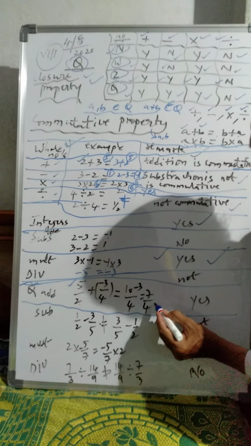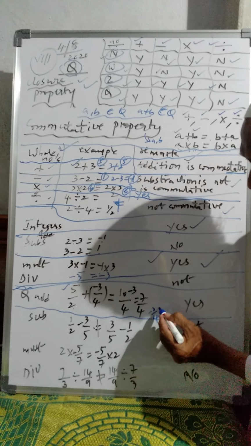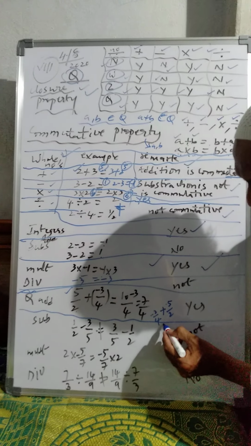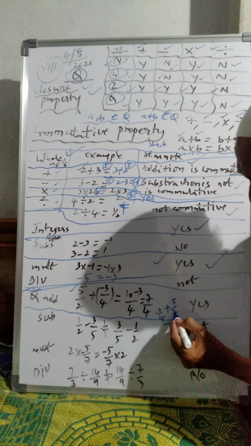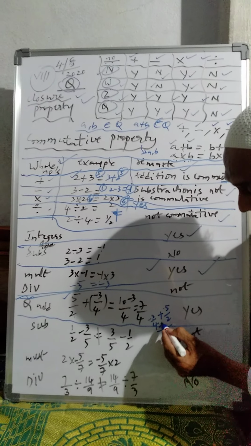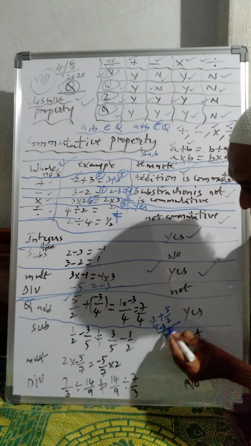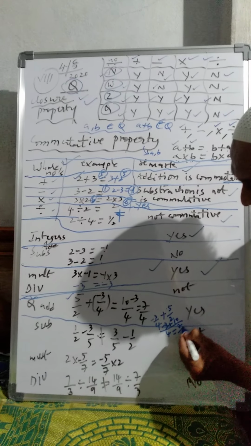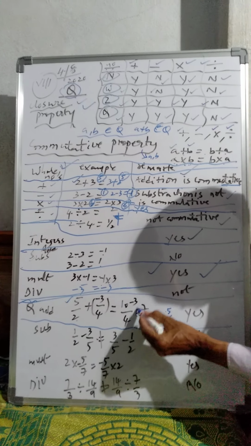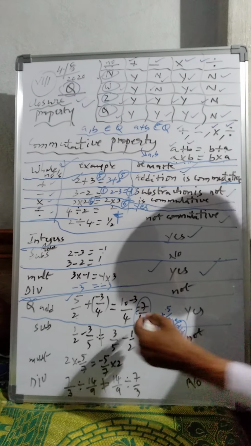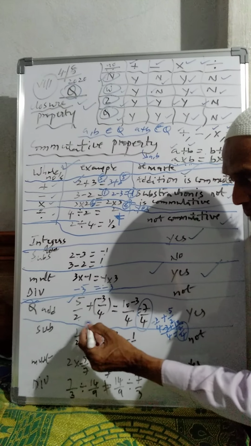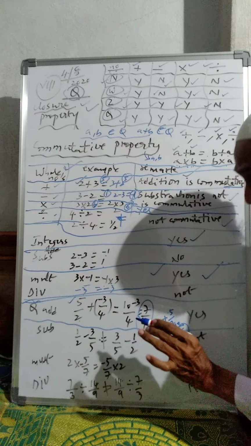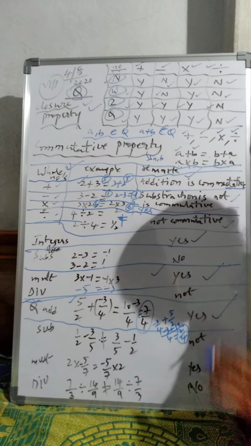Now reverse the operation. Let us say minus 3 by 4 plus 5 by 2. The LCM here is 4, and here it is minus 3, and here 4 2s are... 2 5s are 10, plus 10, and it is equal to 7 by 4. So the result 7 by 4 is not changing when you interchange: instead of a plus b, put b plus a, and add, it is not changing. Hence rational numbers addition is commutative.